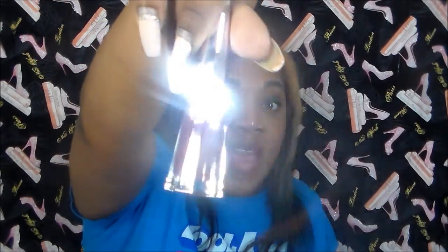Fenty, she released Underdog in a liquid lipstick, and from what I was made to understand, it was part of a whole nother collection. I guess it was a part of minis. I never bought the minis, so got the full size. So I thought this would be bomb for the fall. It's a burgundy shade, hence when I said I should have got the Merlot mascara, because she came out with 2 mini size mascaras, one in Merlot, the other one was like a forest green color, kind of to go along with the 2